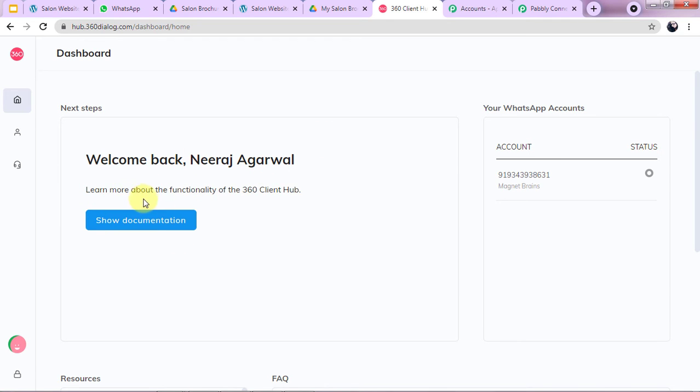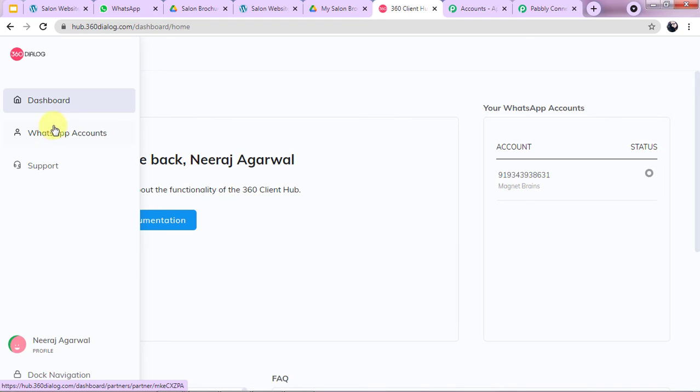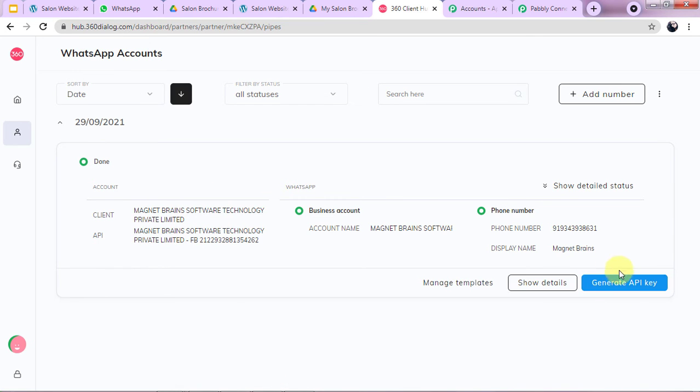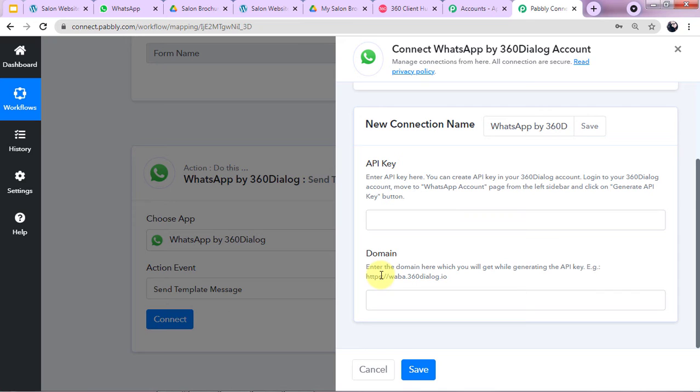Okay, now my account is ready. Now I just need to connect it with Pabbly Connect. For this, we have to go to this WhatsApp account section, and here you can see this option, which is generate API key. From here you can simply generate the API key and paste it here, and then you need to provide